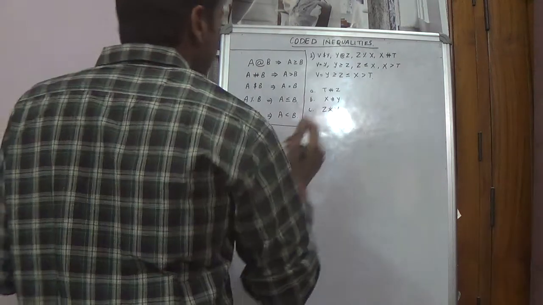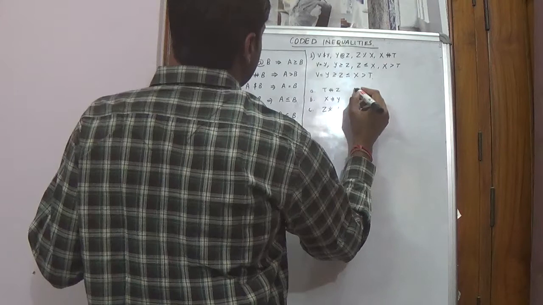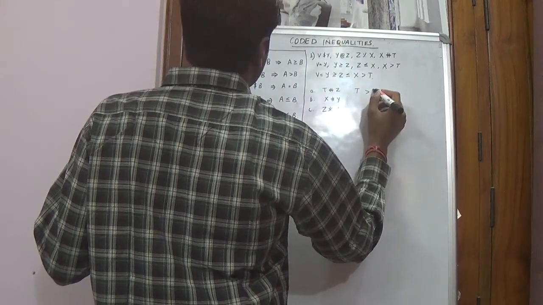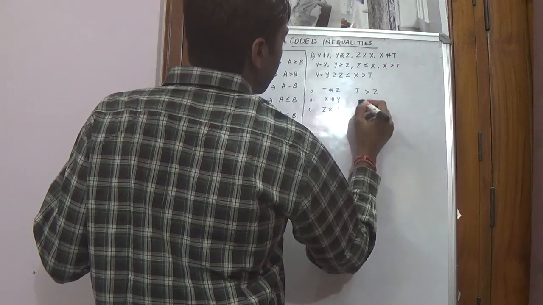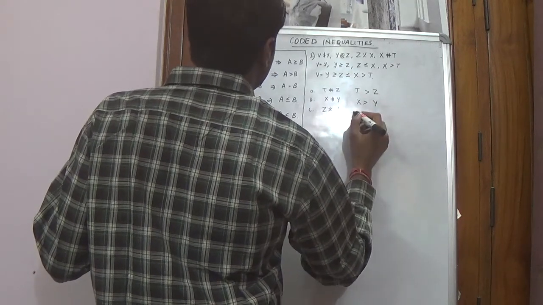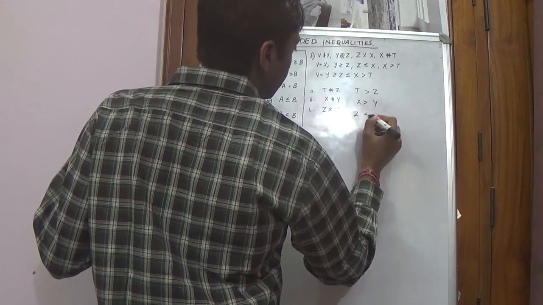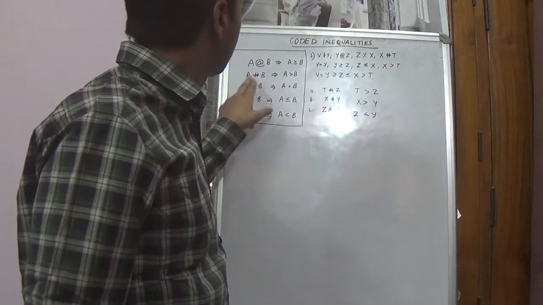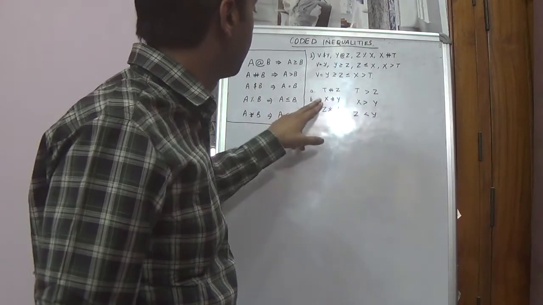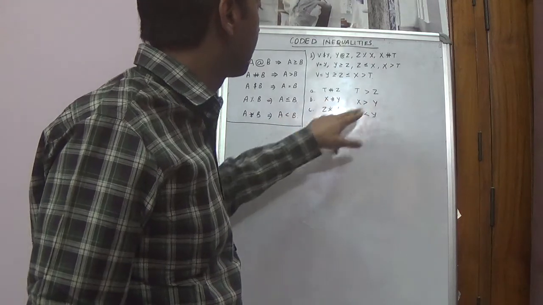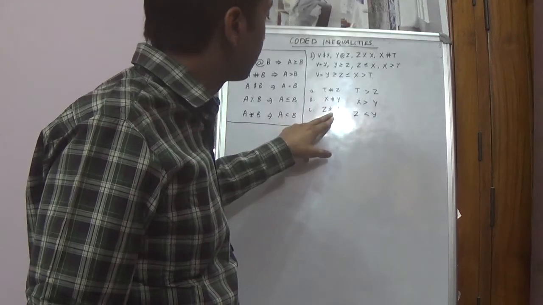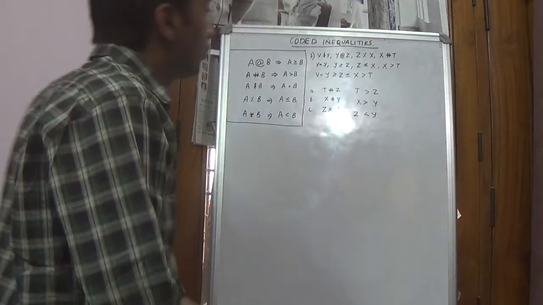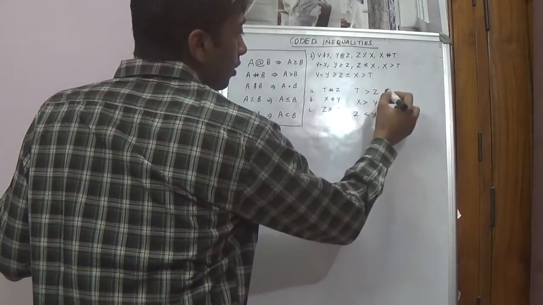So first of all we have to see this. T is greater than Z, X is greater than Y, and Z is less than Y. Let me check once again. T hash Z, T is greater than Z; X hash Y, X is greater than Y; Z star Y, Z is less than Y. So we have to see from this relationship which of these are true.